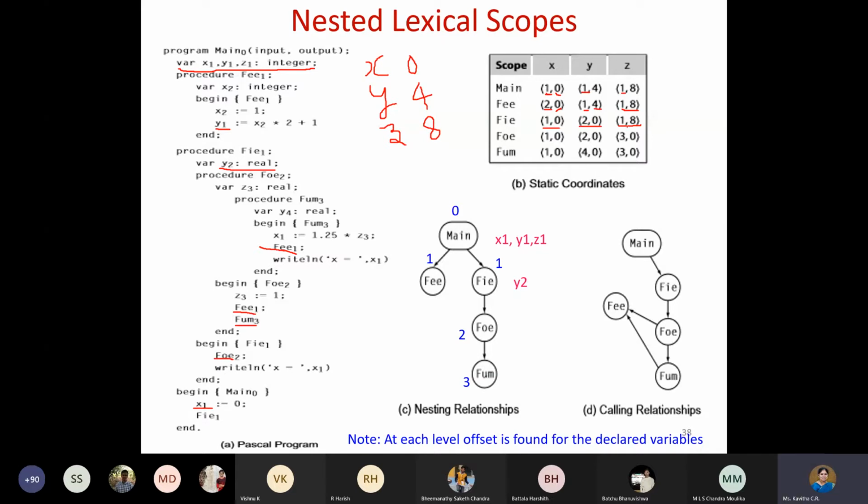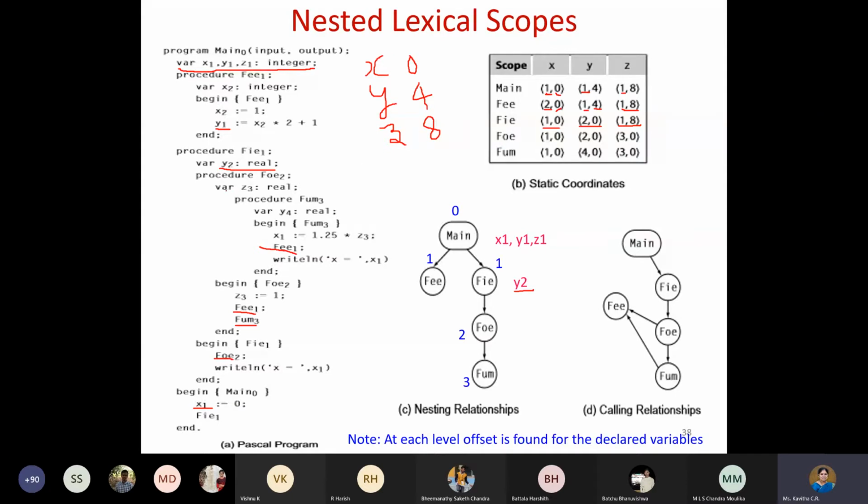Whereas for X and Y, it remains the same. And why the level 2? Because from the main, after entering into the main, we were at level 1. Now it is increased by 1. So the level is 2. And that's how this Y2 exists. Means at this particular level, it is reusing the scope of X1 and Z1, and only for Y the scope has changed. So coming to the next function is what?